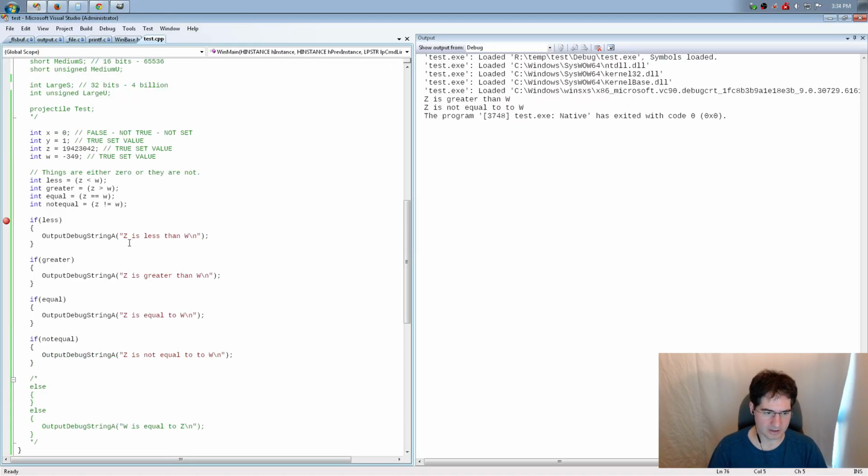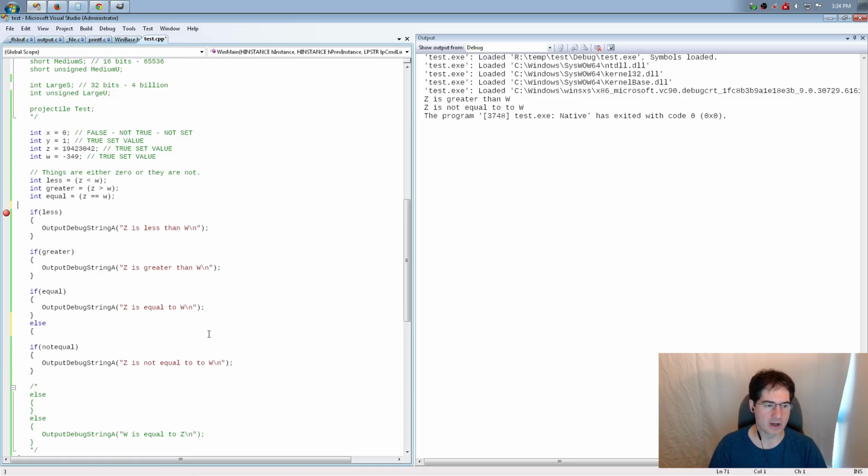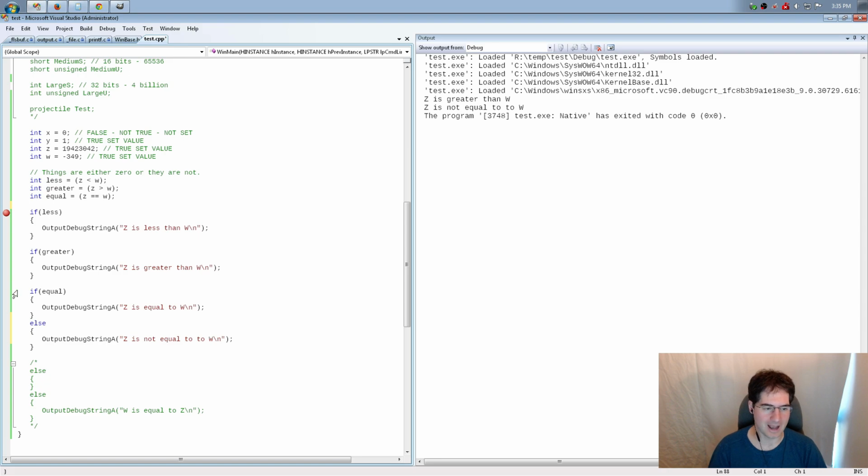And what you will notice is if, for example, you already did a test on something, it is often the case that you may want to do the opposite thing as well. You may want to have some code that executes when it is not the case. And so instead of testing for not equal as well, equal is basically the same as testing for not equal because it's just the opposite case.